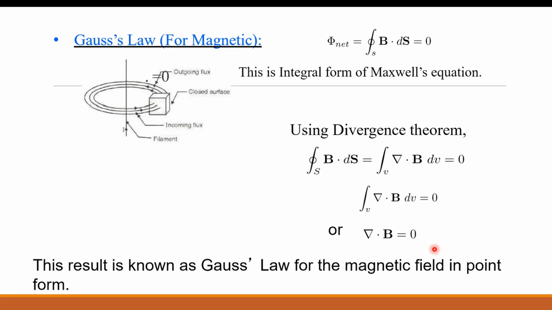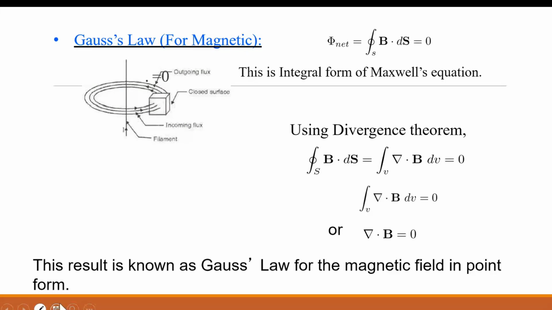So del dot b bar is 0 is called the point form of Gauss law, derived from Gauss law for magnetic field, static magnetic field. Del dot b bar is equal to 0. Okay. So this is the fourth part of the Maxwell's equation. This is the integration part, and this is the point part. Now next,